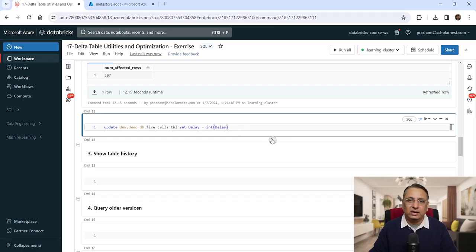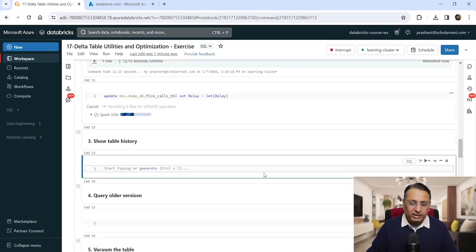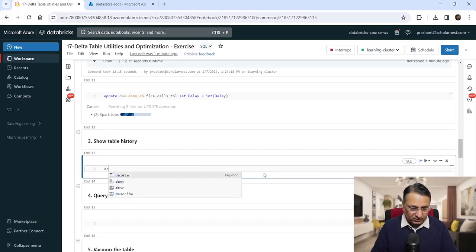So maybe the delay column is a decimal value, and I want to ignore the decimal part and update the entire table with only the integer part of it. Whatever. Assume that we have a requirement and we are doing some transaction on the delta table. So let's do that transaction. And once that transaction is done, I know delta table maintains a complete history of all the transactions, right? So let's describe history